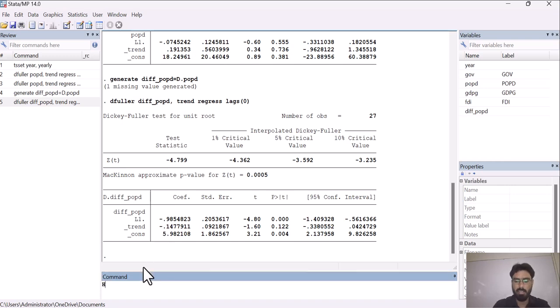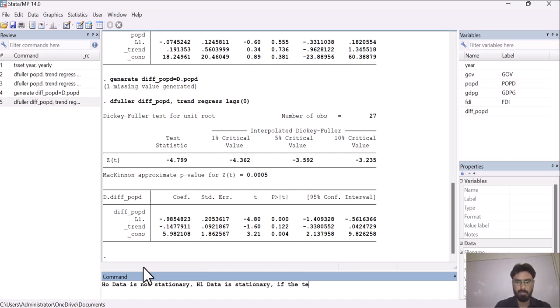So what is the H naught or the null hypothesis? H naught is that the data or series is not stationary, and H1, the alternative hypothesis, is that the data is stationary.